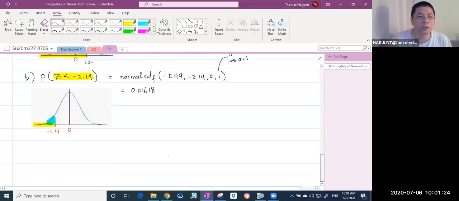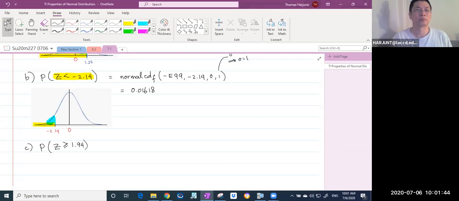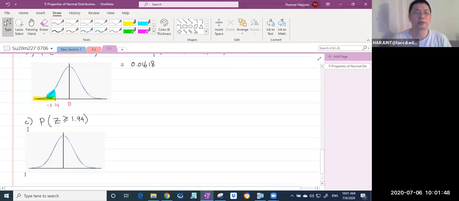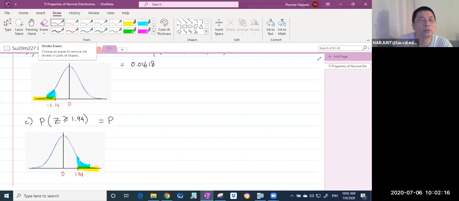Let's do more. How about the probability that Z is greater than or equal to, let's say, 1.94? So let's picture that first. The mean is 0, 1.94 is to the right of that, of course. And then we need the area under the curve on that interval. Then the interval will be normal